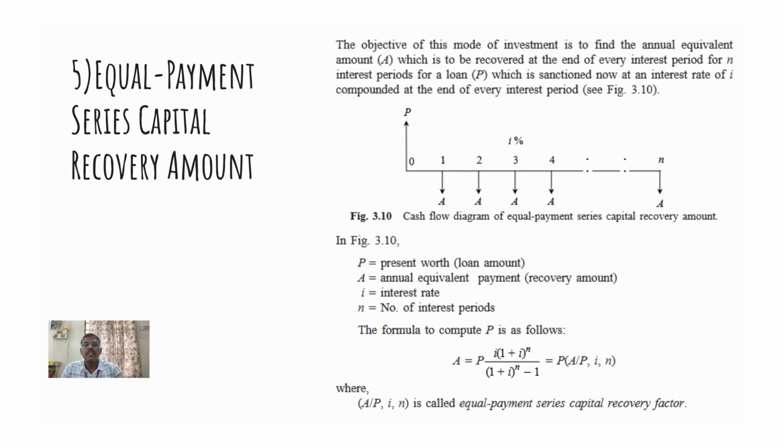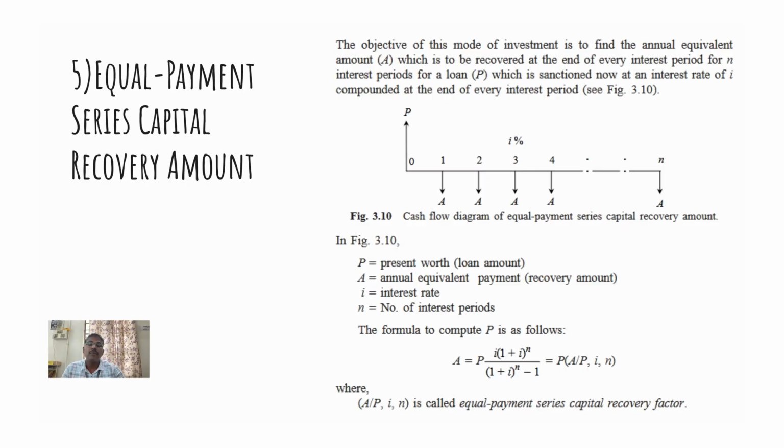right? So usually the loan amount is given. The only thing is we have to find the A. So the formula is A is equal to P times i(1 + i)^n divided by (1 + i)^n minus 1. So this is one of the ways you can find the